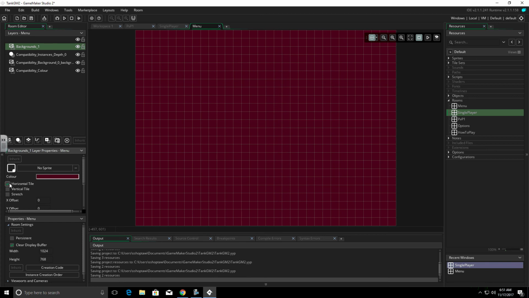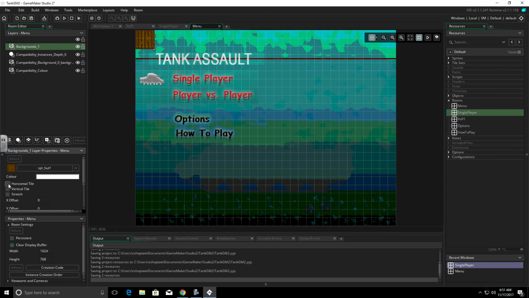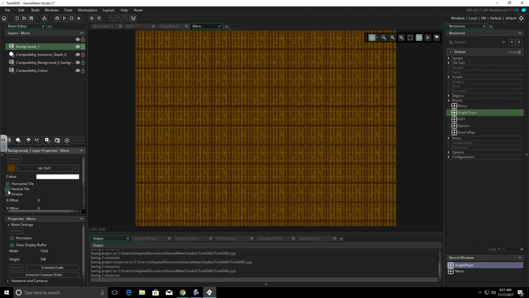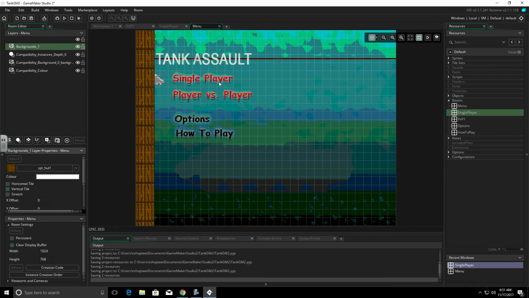You can horizontally tile or vertically tile any kind of pictures that you put in here, sprites that you put in here. You can see by clicking on that, it tiles them horizontally all the way across. If we tile them vertically, it'll go all the way down. If we turn the horizontal tile off, we'll get them down just the side because it's no longer going horizontally.